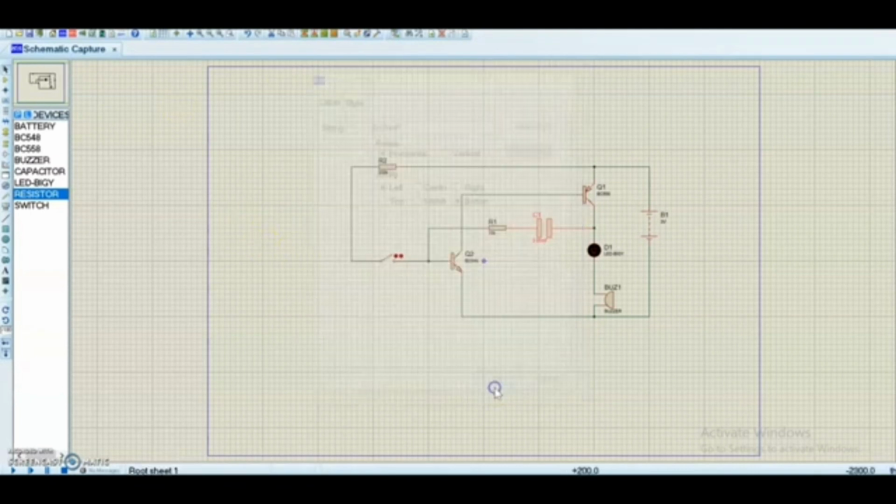Click OK. Next we are going to simulate. So as you can see, the LED is on when the switch is closed, and the LED goes off when the switch is open. When the LED is on, obviously the buzzer is on. Again we can see the switch is closed, then the LED is on, and also the buzzer is on.